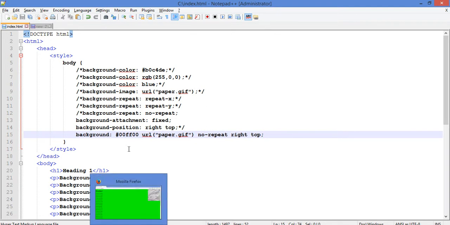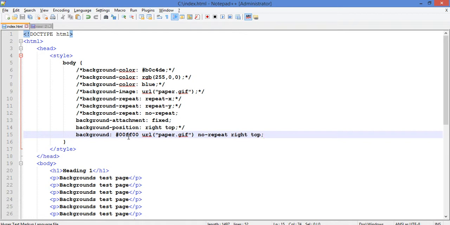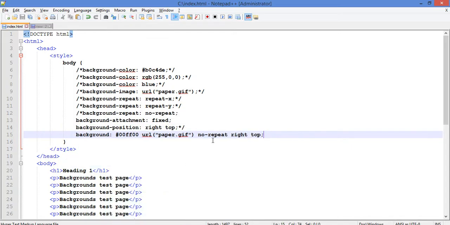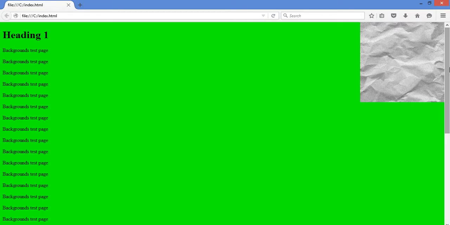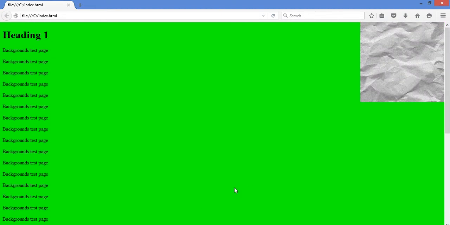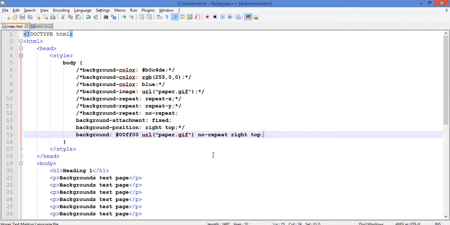So this is taking a green color code with the paper as a background effect, and it's not repeating, and it's aligned towards the right and top of the web page. So it's not fixed because we didn't mention the fixed property here.